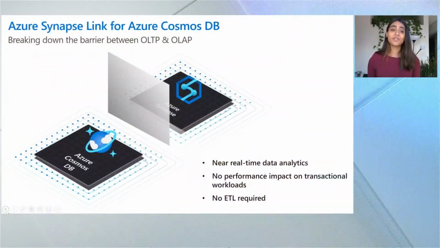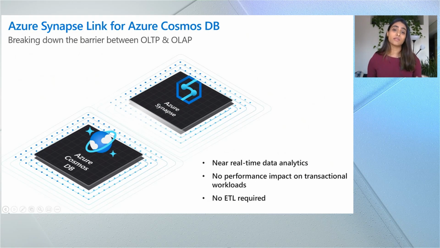To overcome this challenge and to make this process even simpler, we're super excited to introduce Azure Synapse Link for Cosmos DB. Azure Synapse Link is a cloud-native HTAP solution that aims to break down the barriers that existed between OLTP and OLAP systems. With Synapse Link for Cosmos DB, now with just one single click, you're able to run real-time data analytics on top of your